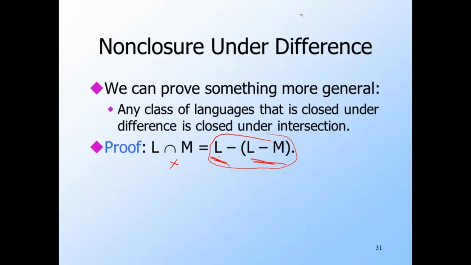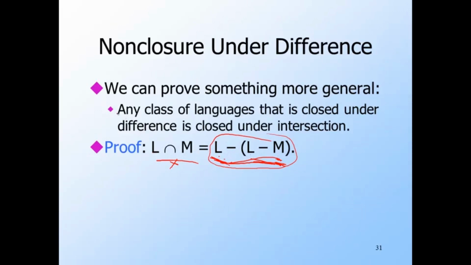That proves containment in one direction. For the other direction, suppose X is in L minus M. That's this guy here. Then X is in L, and it's not in L minus M. But if X is in L but not in L minus M, it must be that X is also in M. Thus, X is in L intersect M. That proves containment in the other direction, that is, X here implies X there, and that proves the equivalence of